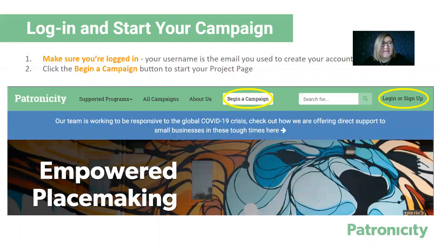You'll be directed to enter your goal amount, the name of your project or campaign, and your region. The goal amount and the name or title of your campaign or project can be changed later. Your region or location will help us identify any sponsored programs near you. Once you've filled that information out,